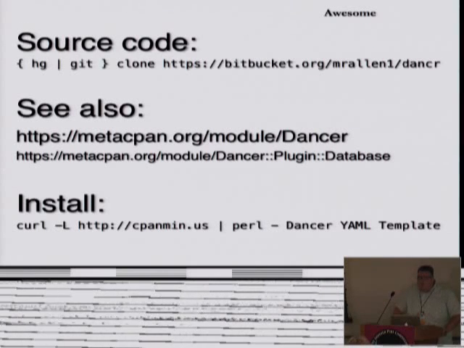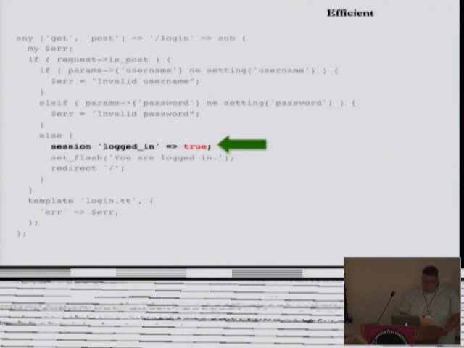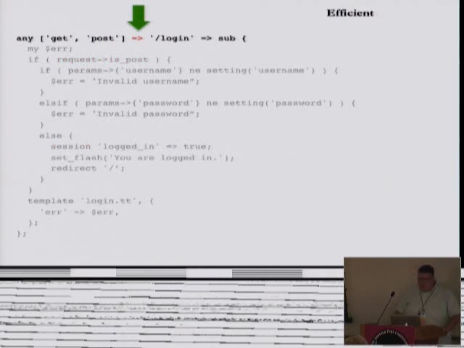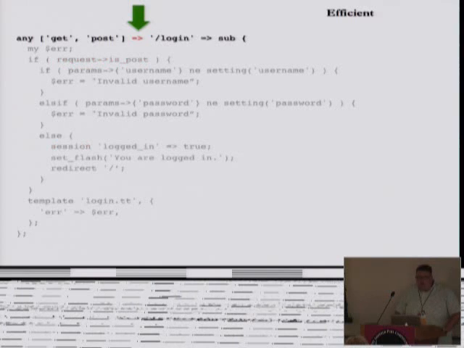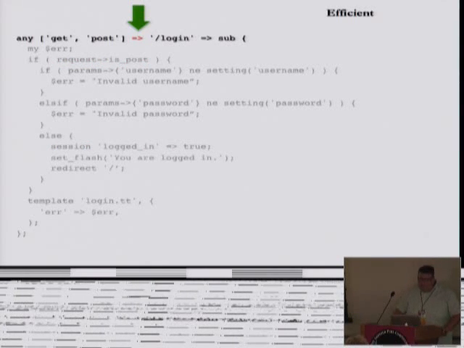What was that arrow about? You kind of skipped over that one. You said there's an additional arrow. Oh, my snarky mystery framework? Yeah. I guess it's just a comma, right? Yeah, it's a fat comma, and that's really all it's for. You could actually put a comma there, but what it does is it quotes everything on the left side. So any is implemented as a subroutine, and it takes this parameter list, and you have to quote that.